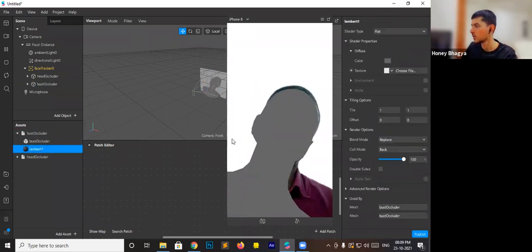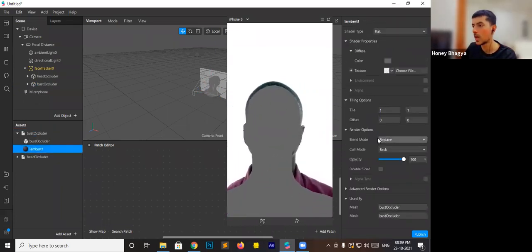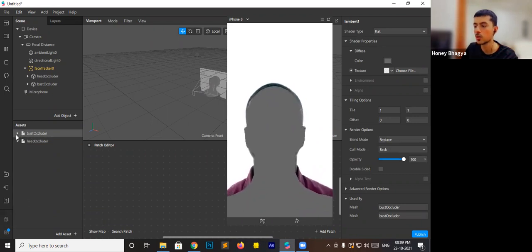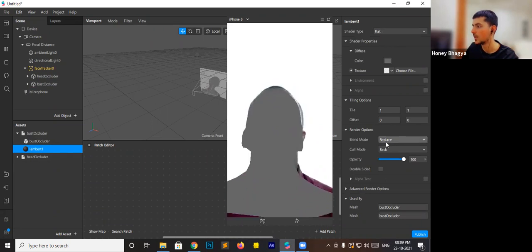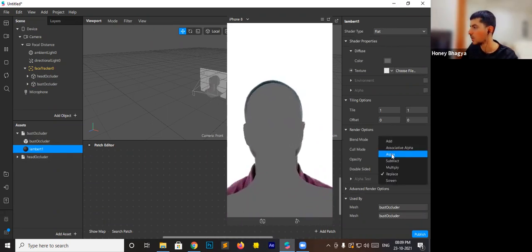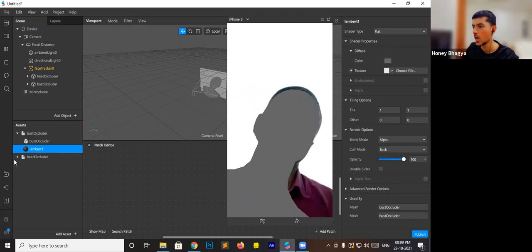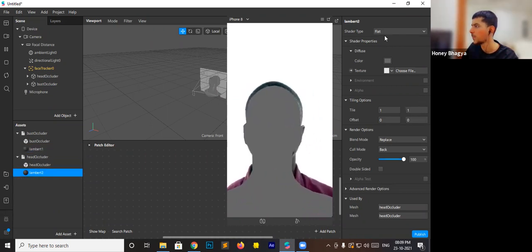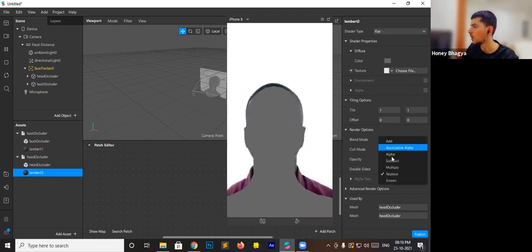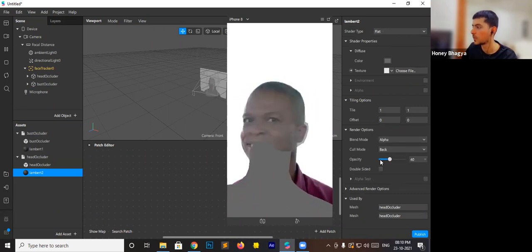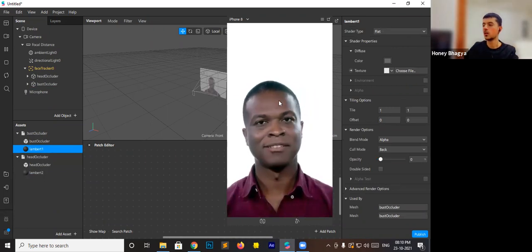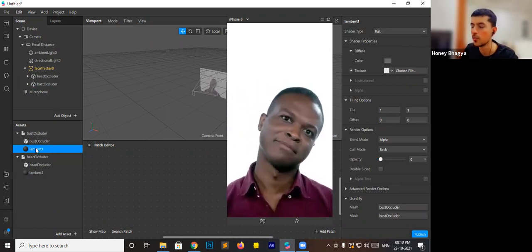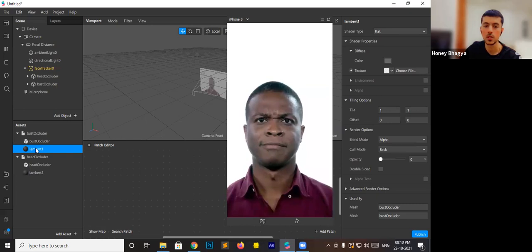We are going to hide it. Change the blend mode. Click on bust occluder and click on the material. The material will load here and change its blend mode. We will change the blend mode to alpha, and we will do the same with the head occluder and decrease the opacity to 0. So what happened is the 3D asset is here, but we decreased the opacity, so it's not visible, but it's there.